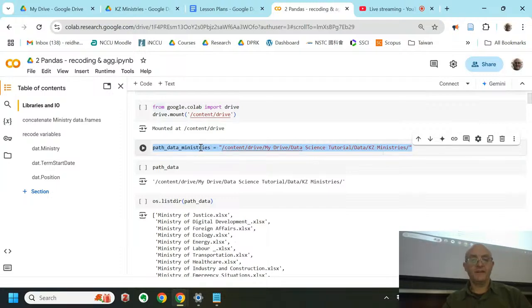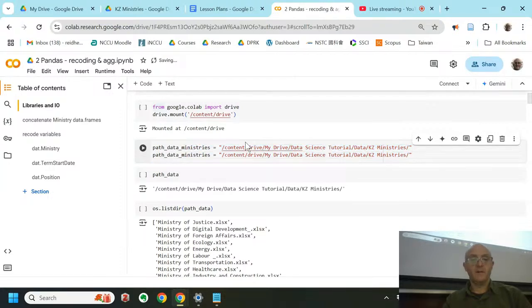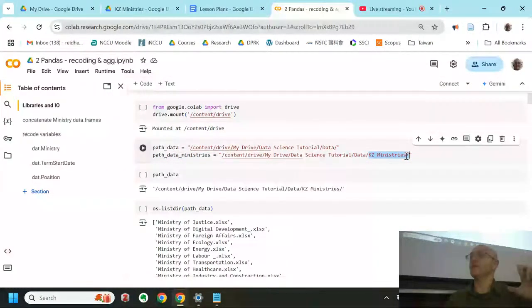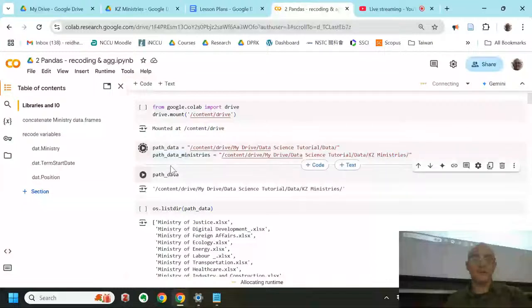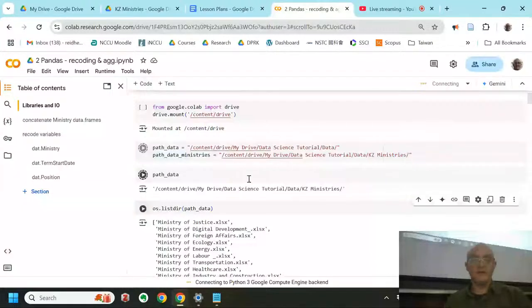And then I'm going to copy this and just create path data and delete ministries here. So now I've got 2 paths, right? One to the data folder and then one to the KZ ministries folder inside of the data folder, right? So now I've got two different path variables. So if I run path data,